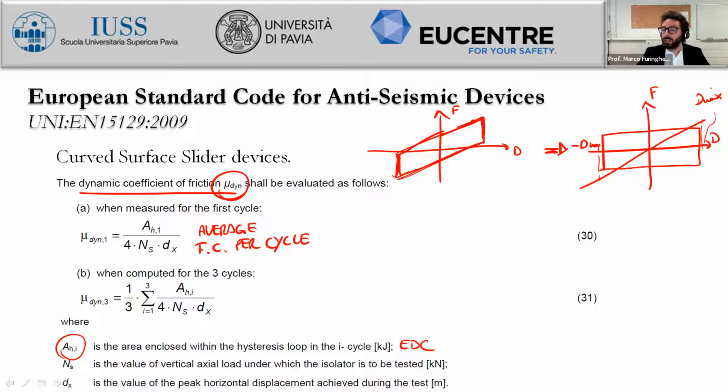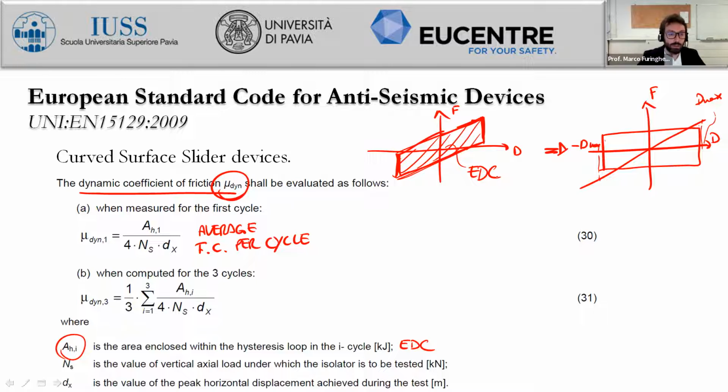And the energy dissipated per cycle is the integral of the force displacement loops. So this means that it is the integral of this diagram. Okay, this is EDC. So EDC is the result of the integration of the force displacement loop, but the integral is